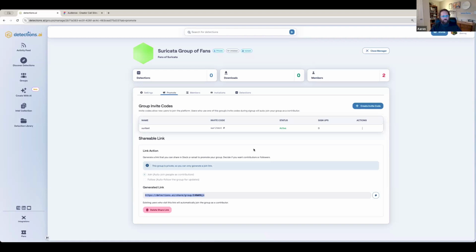If you have any questions about this, or you would love to think about tying it to different campaigns or outreaches we're doing, let us know. This is pretty flexible. So hopefully that makes sense to you guys as a way to build your group out. Now I have a lot of options on the way to grow my Suricata group.